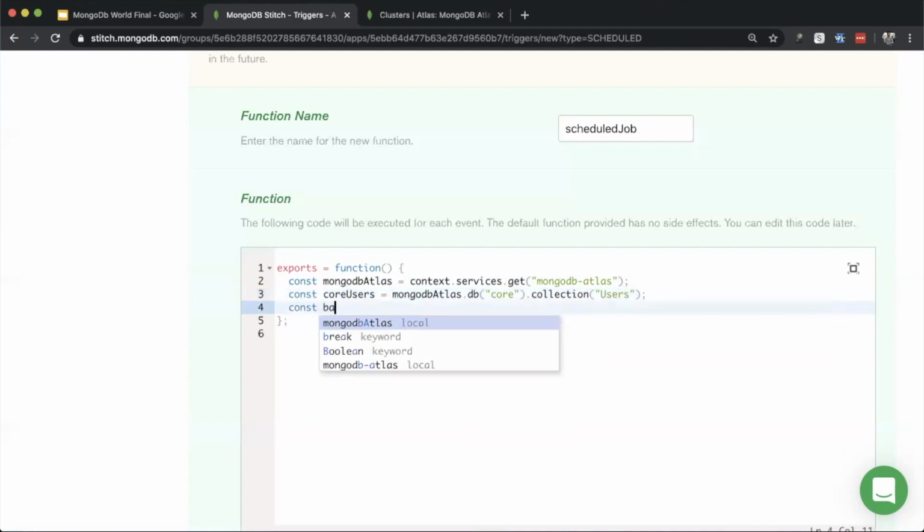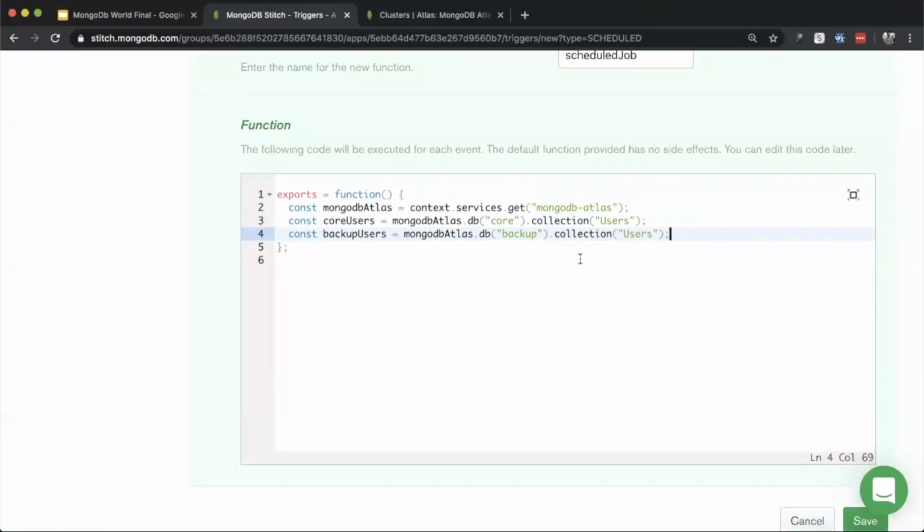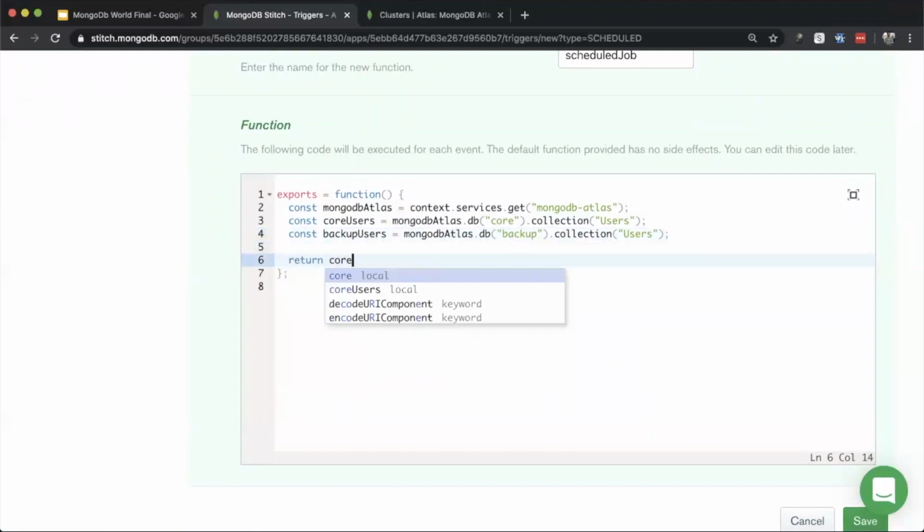Let's create another backup users connection .db backup .collection users. Correct? Now, what we'll do is find all the users in the core database,